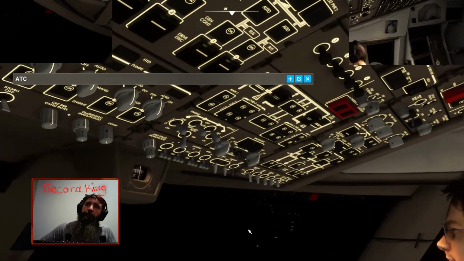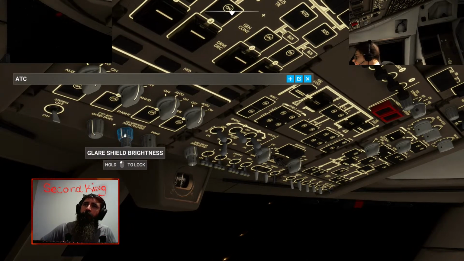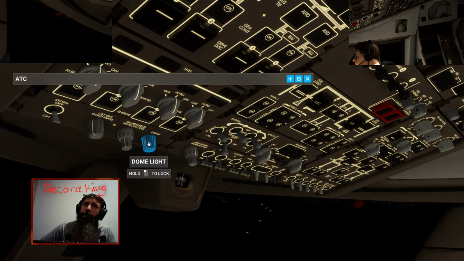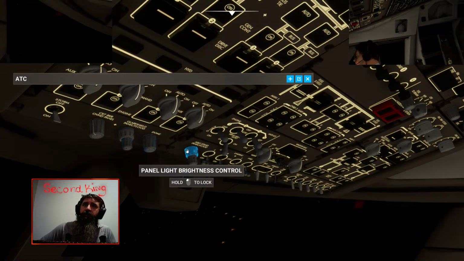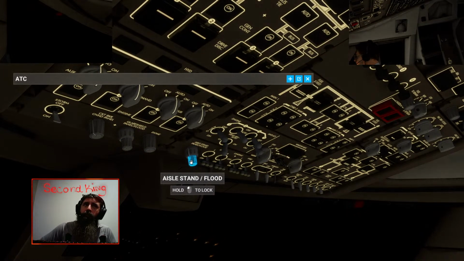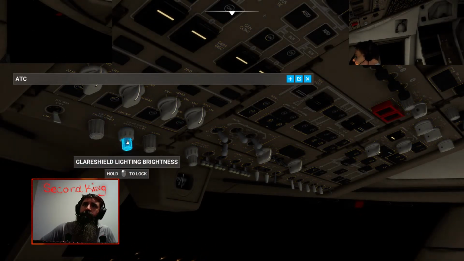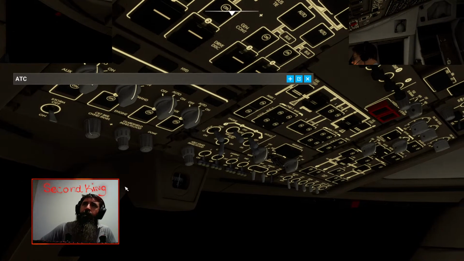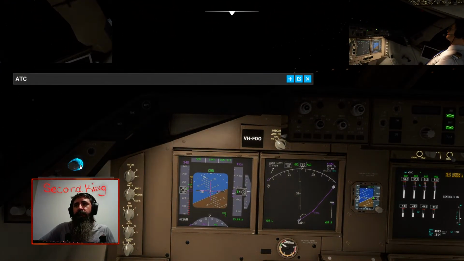Oh, there we go. Turning towards final. That makes it a little bit darker. Turn some of these down. Oh, that panel down the bottom there is too bright.